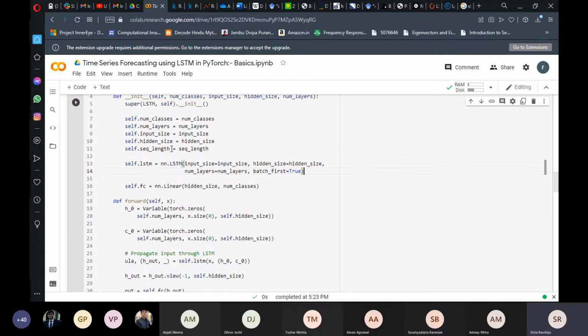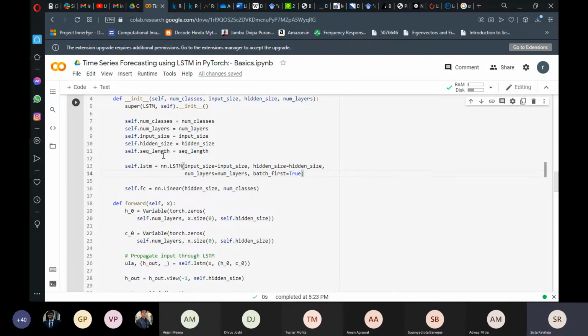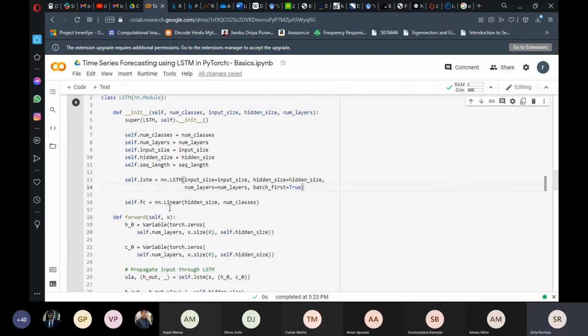Now on top of this LSTM, you will have a linear layer that will take the output of your LSTM block, and then give you the overall output, that is your single prediction at the end. So that is your number of classes. So this completes the definition of your LSTM model. Then what we have to do is, given an input X, do a forward pass on this LSTM, that is, given an input X, you just have to predict the output.